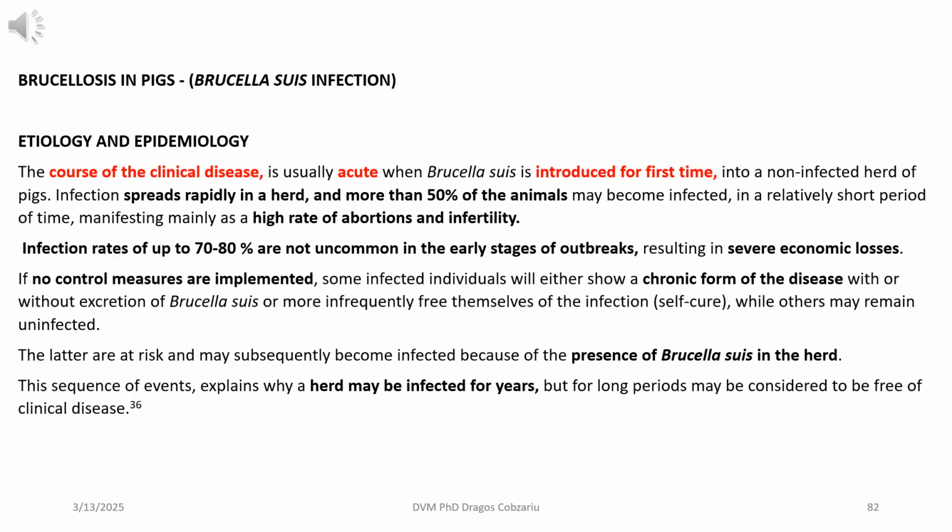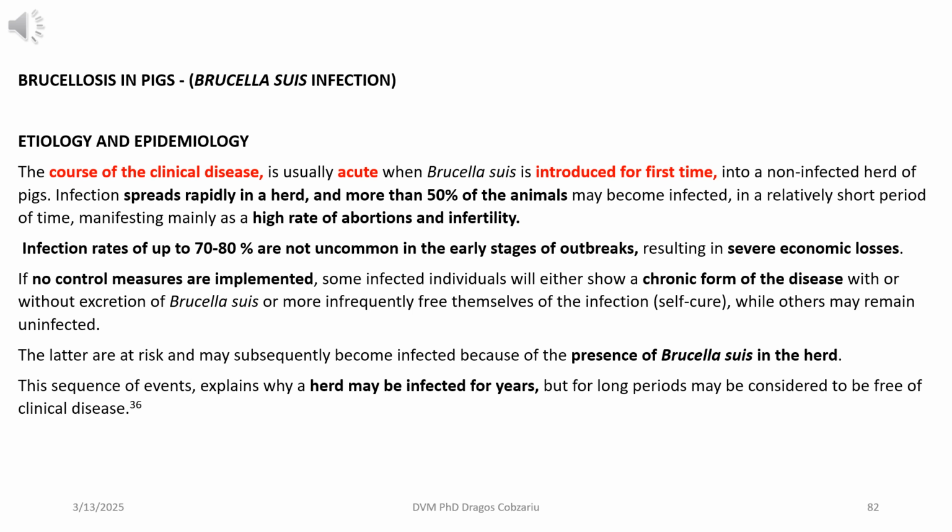The course of the clinical disease is usually acute when Brucella suis is introduced for the first time into a non-infected herd of pigs. Infection spreads rapidly in a herd, and more than 50% of the animals may become infected in a relatively short period of time, manifesting mainly as a high rate of abortions and infertility. Infection rates of up to 70 to 80% are not uncommon in the early stages of outbreaks, resulting in severe